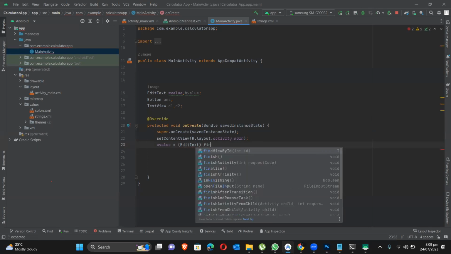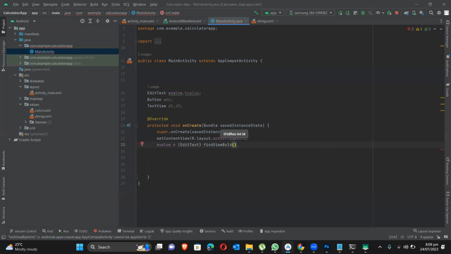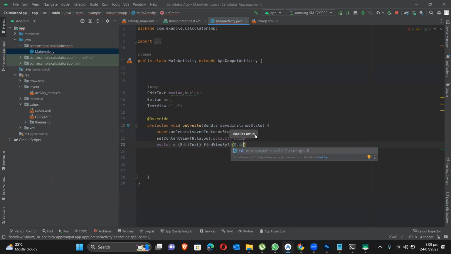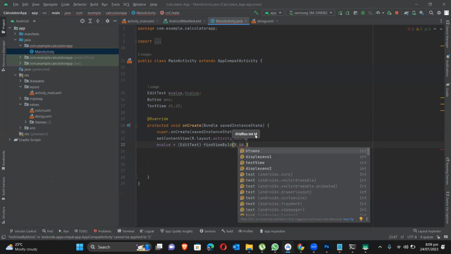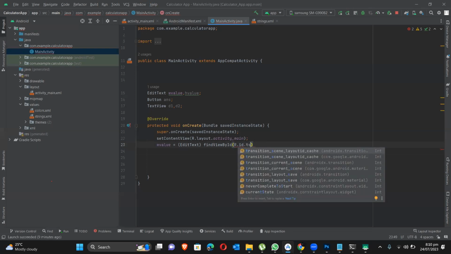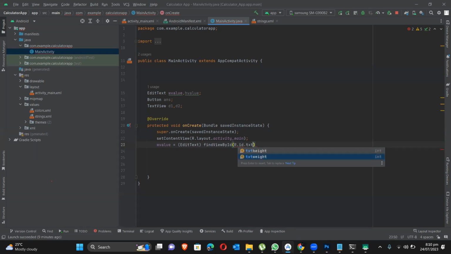Then I'm going to find a view by ID, and I'm going to find it from the resource folder using its ID, where the ID of that item is called txt